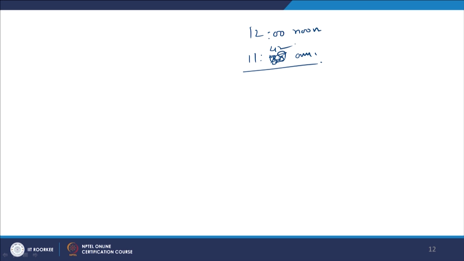Why is the local sun time going to be different? Because when the sun takes 24 hours to come back to the same longitude, meanwhile there is a movement of the earth also, a change in the position of the earth, right? If you take that into account, we get an equation of time, and the equation of time is expressed as E.